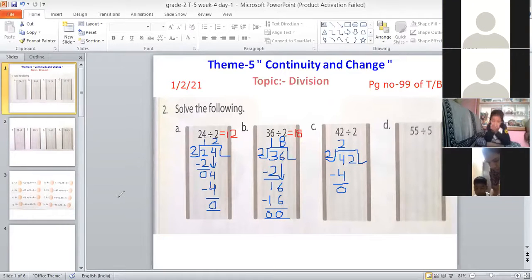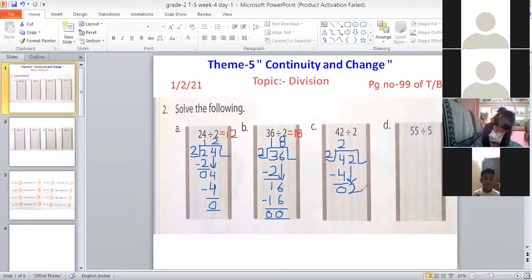Okay, good. Now Lohit, you tell me what will be our next step. Now what will we do? One digit is left. What is that digit? 2. 2 is left. So what will we do now? We will make an arrow and write another 2 beside this 0.